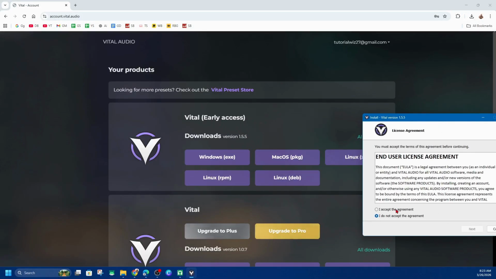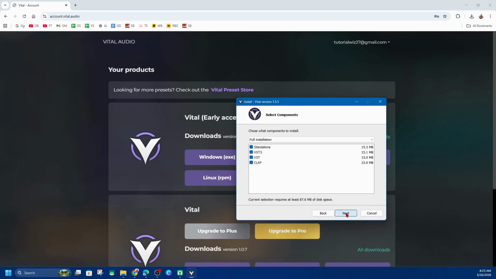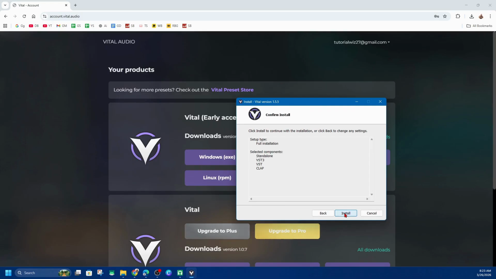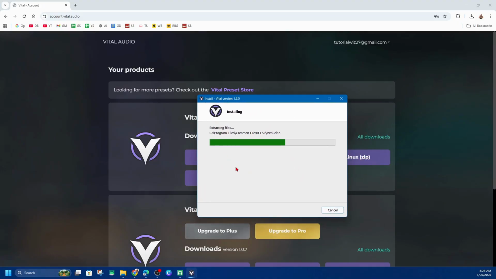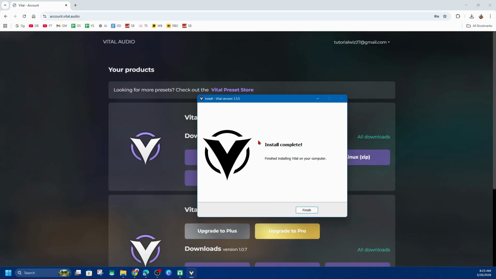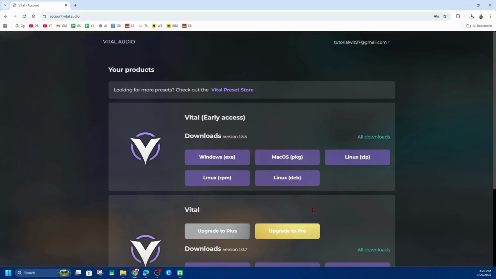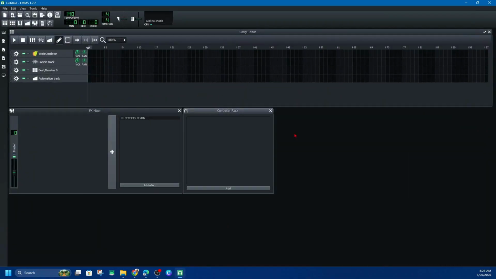Then from here you want to accept the agreement, click next, go ahead and click next for installation, choose your destination where you'd like to install it and click on install. Now that's going to go ahead and install it onto your computer. Then once you've done that, it should say install complete, finish installing Vital on your computer, click finish. Then you can go ahead and open up your LMMS and go ahead and start using